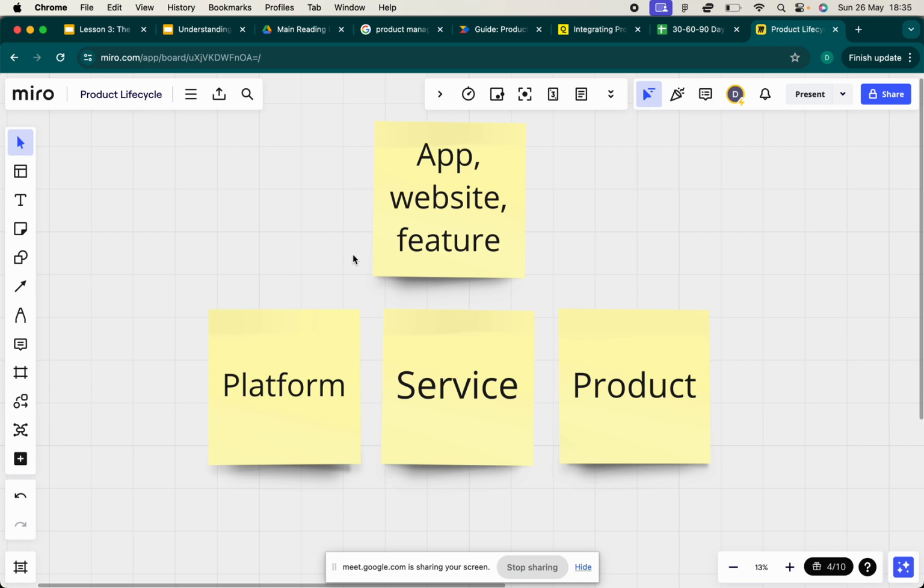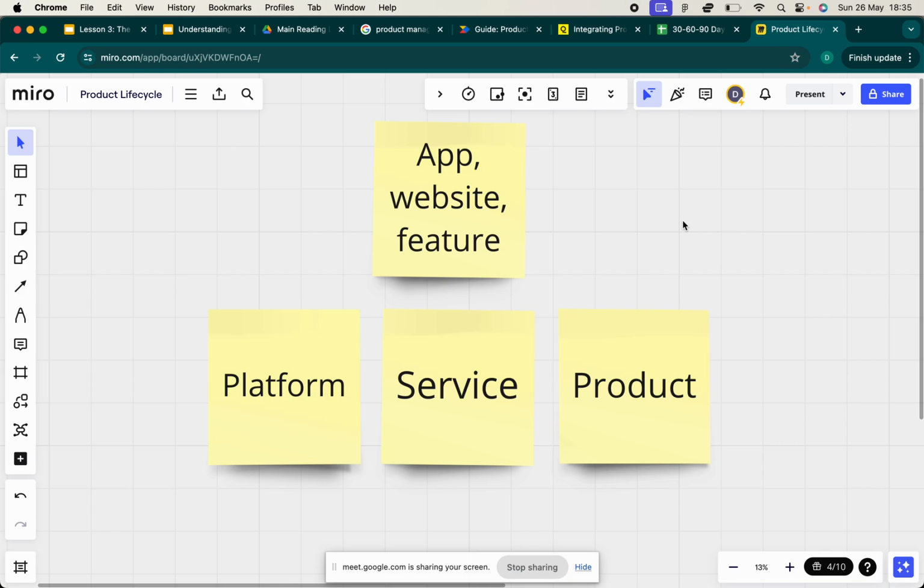So the meaning is very circular. It goes around. You can call it a service. WhatsApp is a service. WhatsApp is a platform. WhatsApp is a product, and then you have sub features. So a product is essentially the holistic offering that a company offers. OPay offers you an app. The app then allows you to connect to your bank account.